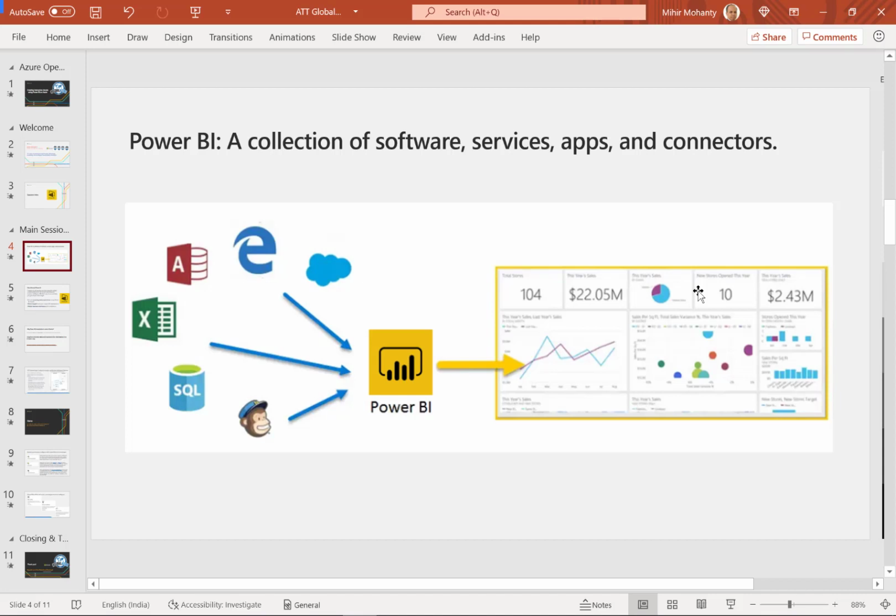First, we need to understand what is Power BI. So Power BI is a collection of business intelligence tools which is bundled in the form of software, services, apps, and different connectors. And why that is very important to understand, because you may have tons of data in terabytes or petabytes,